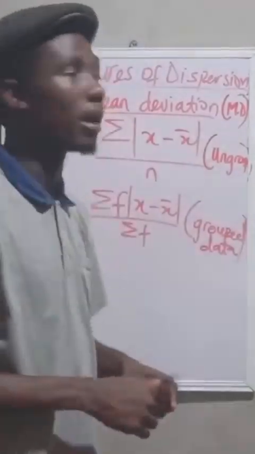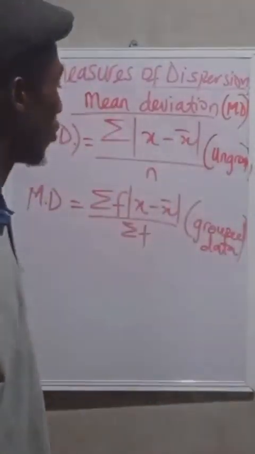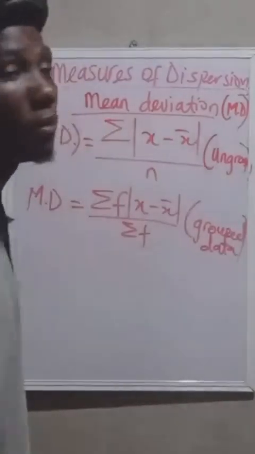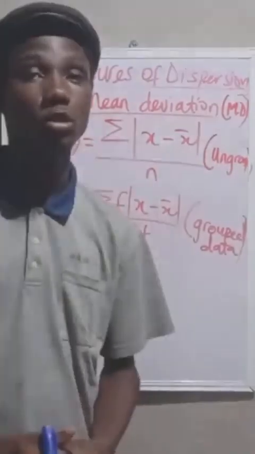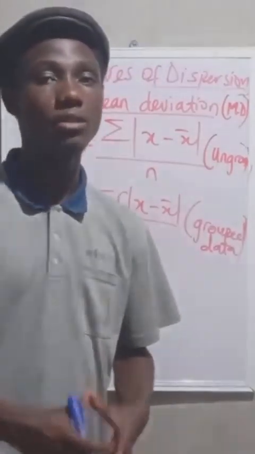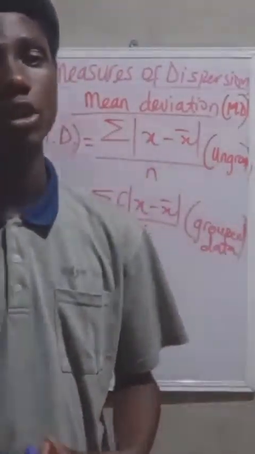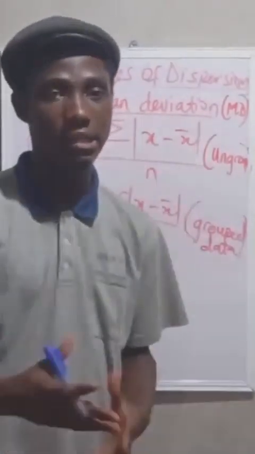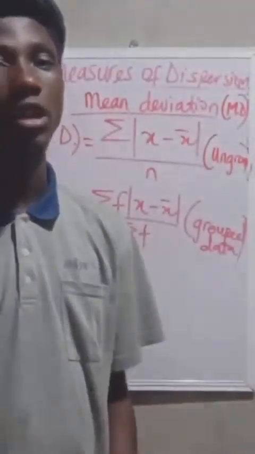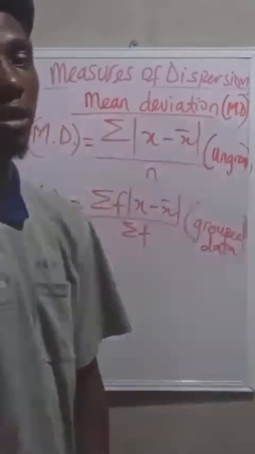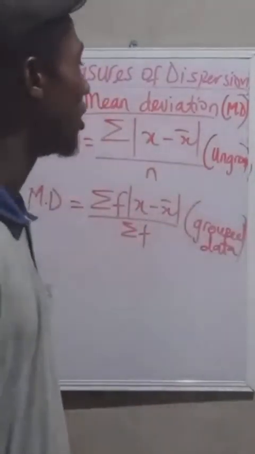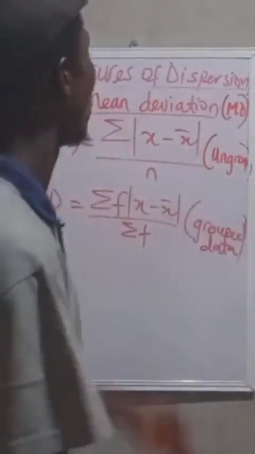So the first one is ungrouped, and this is for grouped data. Basically, I tried to explain this because of some students that will be doing senior secondary school examinations, either WAEC or similar. So you can come across grouped data, so you have to be more attentive. But majorly, most questions that come in exams are usually for